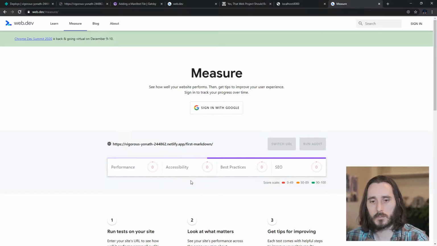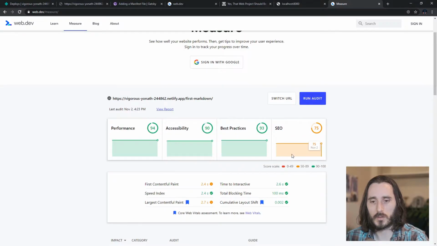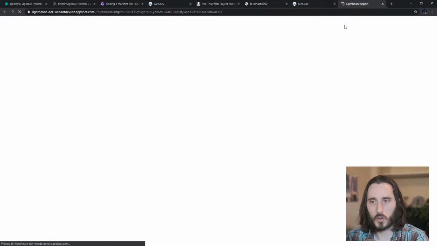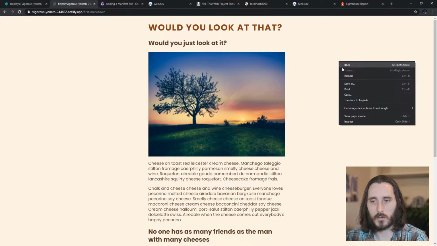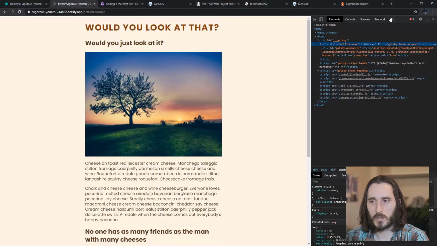Okay, so here it is, it's done. Here's the report, and you can see these measurements, and if we open up the actual report, there's no PWA up here at all. And to show that in contrast, if I were to go to my inspector and drop down,